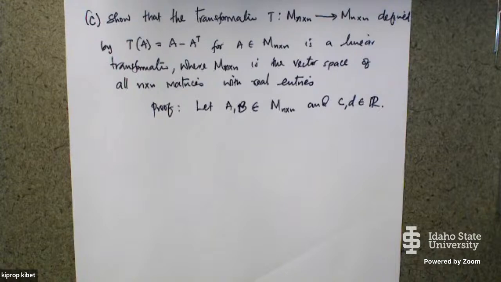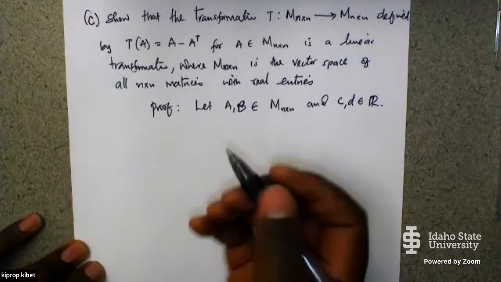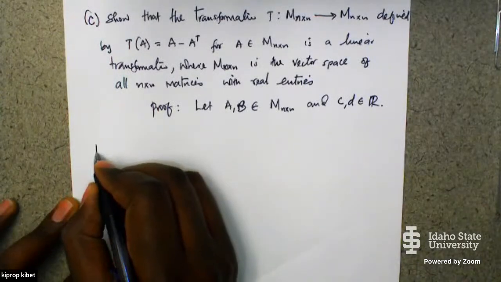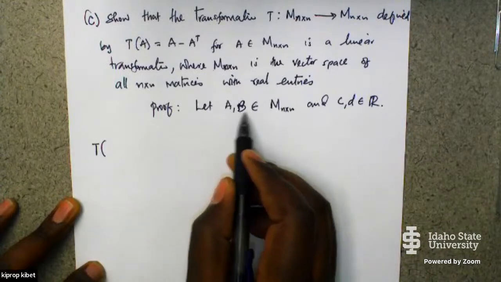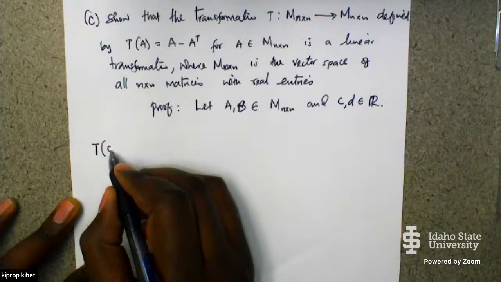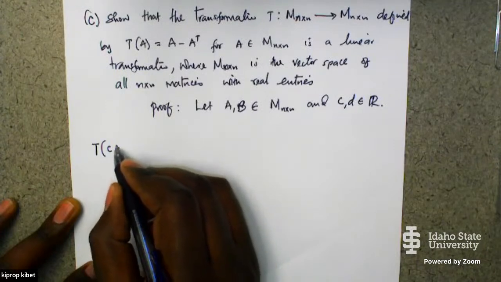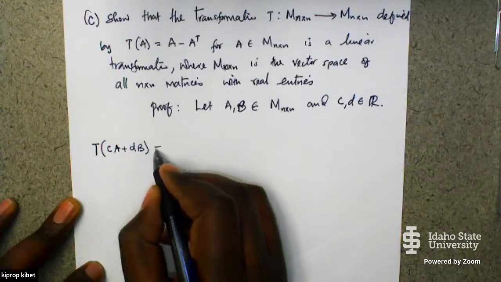So we can let A, B be elements of Mn. Then for a linear transformation, if we let A and B be in Mn, then T of C multiplied by A plus D multiplied by B is the same as